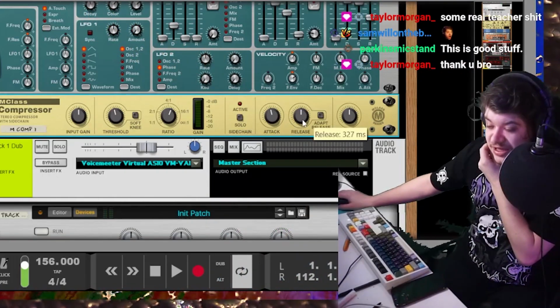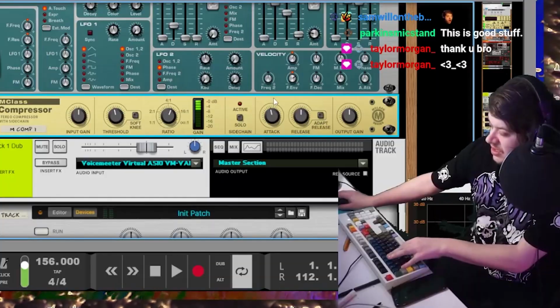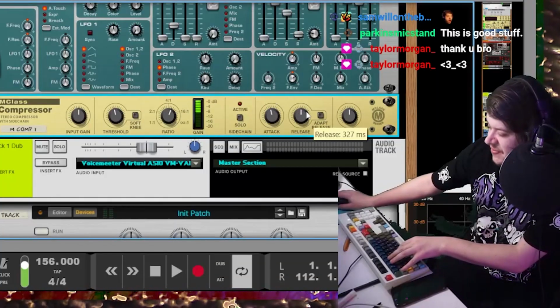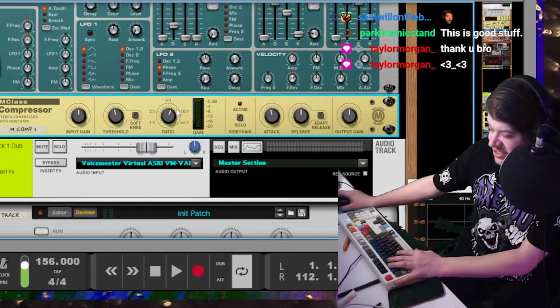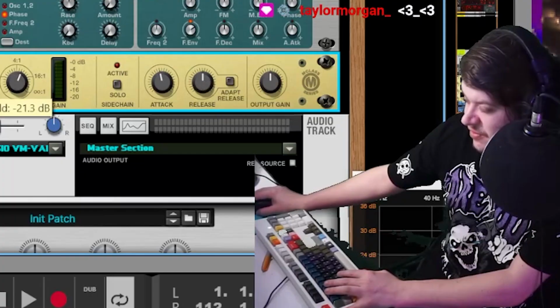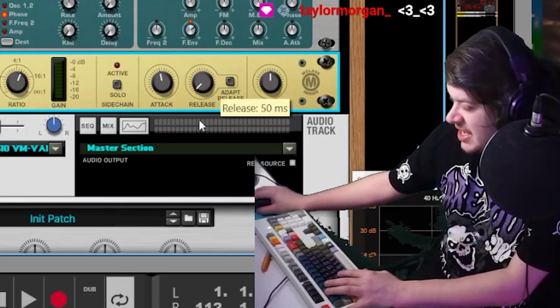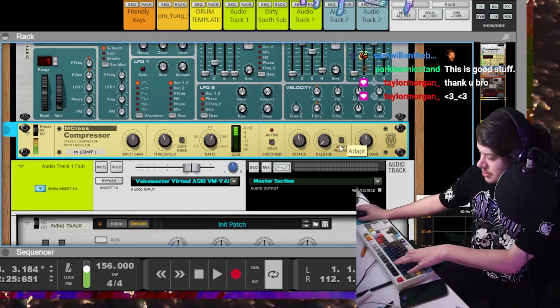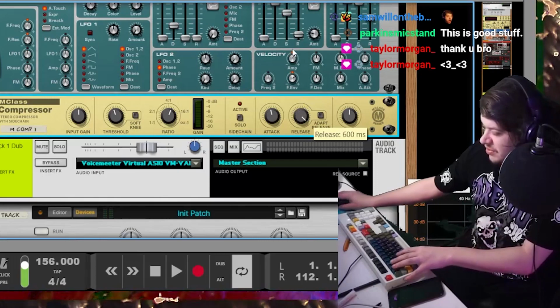And so the attack is how fast it comes in. And next you have the release, and that's how long it lasts at the compressed moment. So here, the release is at 327 milliseconds. The attack is pushed onto it at this ratio with this ceiling, and then the release tells it how long it's going to hold on to that ceiling before it normalizes. If the release is at 50 milliseconds, it just pushes it down and then just holds it. If the release is long,